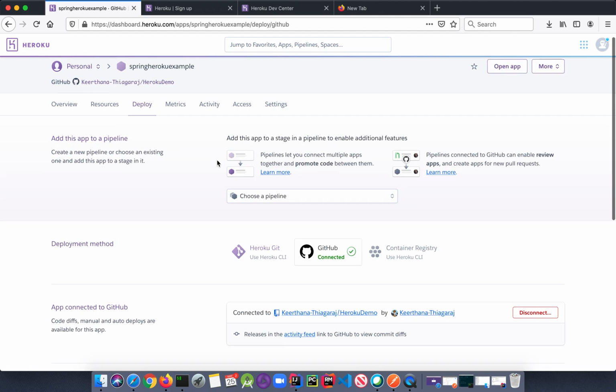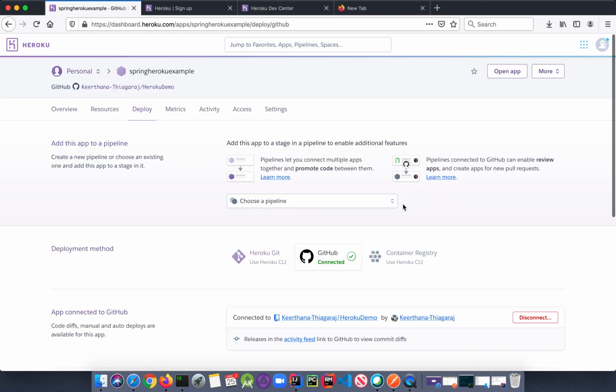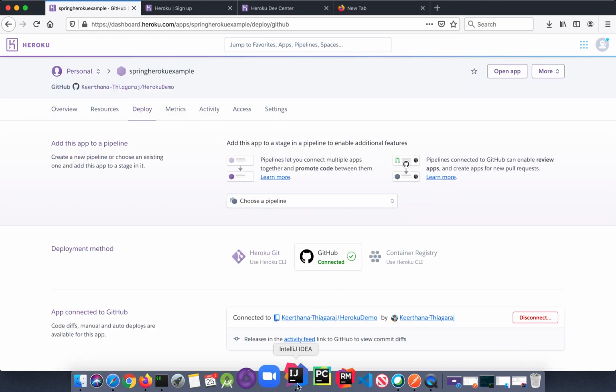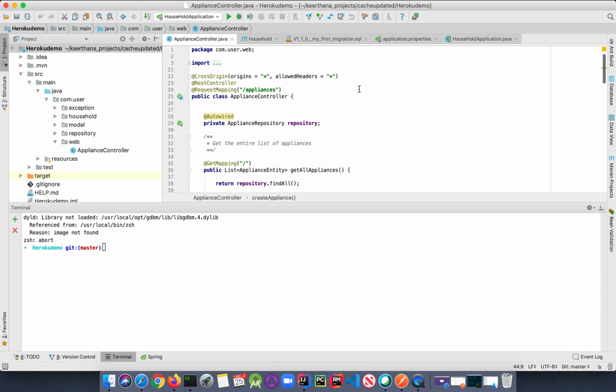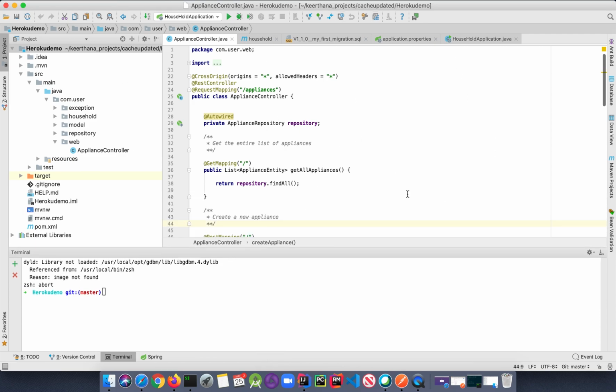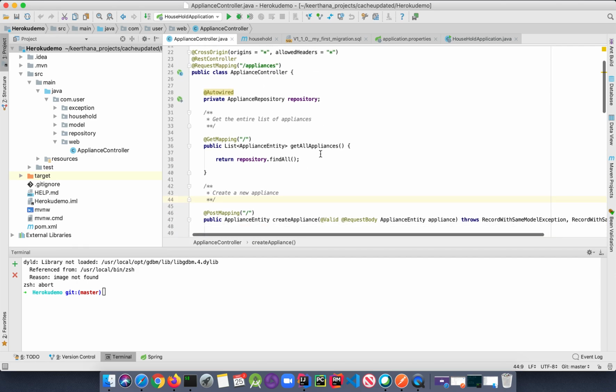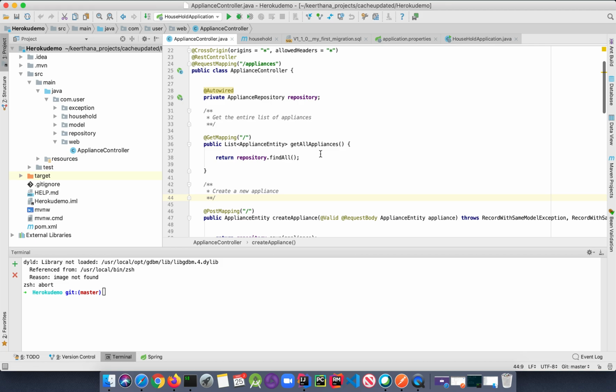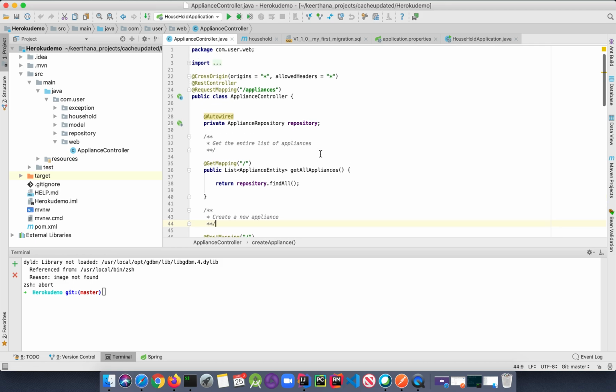Before we move on to how to deploy, let's go and check our application. Here I have a Spring Boot application. What this application does is it's basically a CRUD application where you are fetching items, updating and deleting the items in the database. I have used an H2 in-memory database in Spring Boot. Here I'm going to explain a sample request, which is a GET request. What this request will do is fetch all the items from my database and display them.